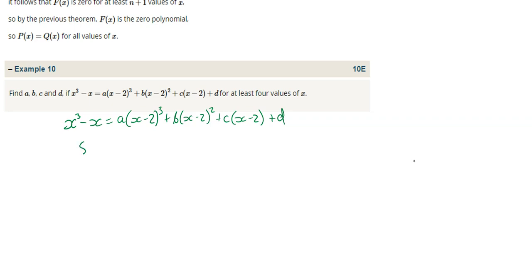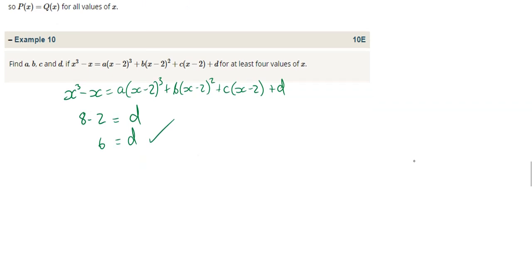So essentially, here it'll be 8 minus 2 equals. Well, that goes to 0. That goes to 0. That goes to 0, and I get left with d equals d. So I can say 6 equals d. Great, I've got my first term. Fantastic. And then we'll do x equals 0 and sub that in, because then obviously x equals 0, x